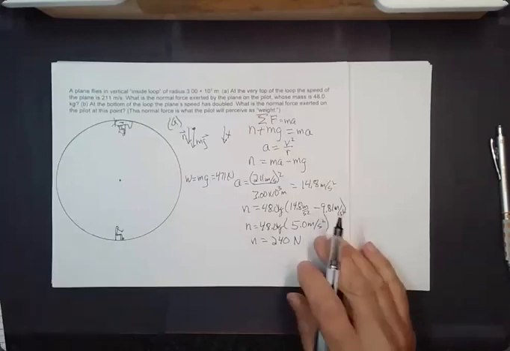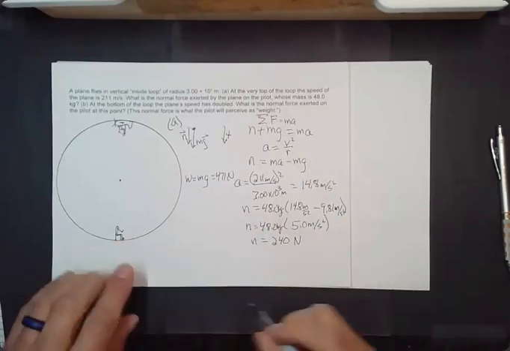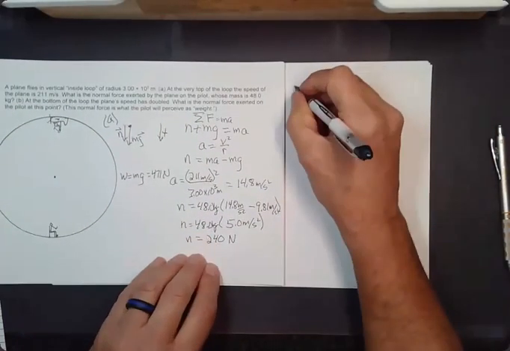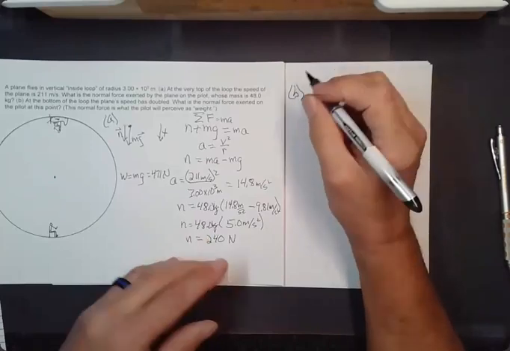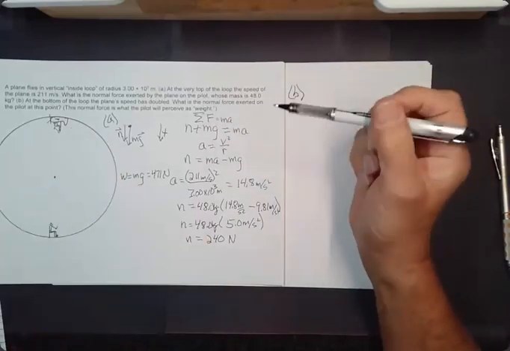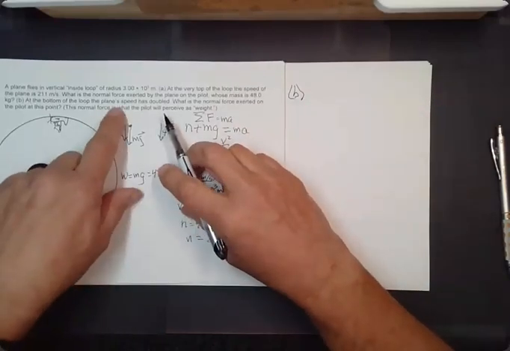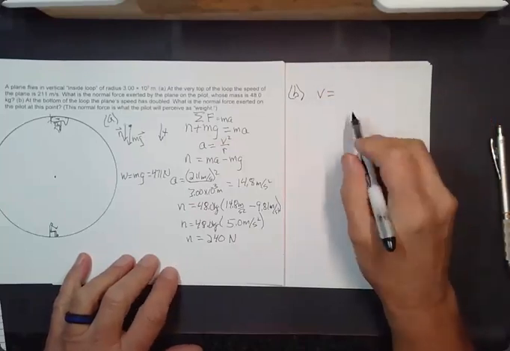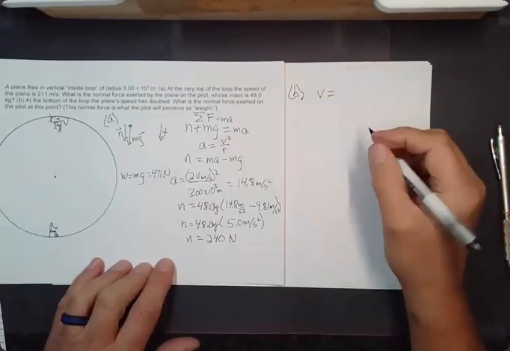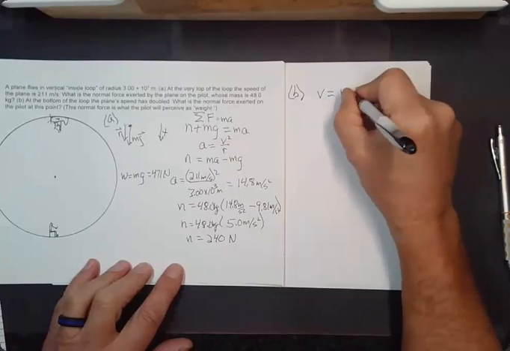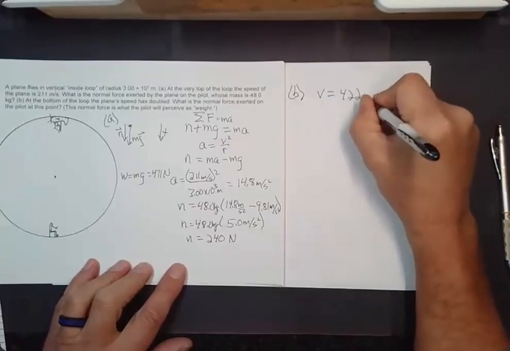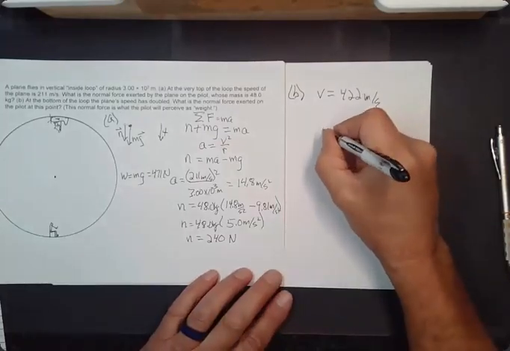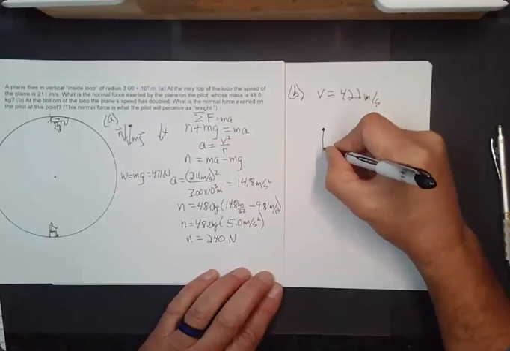Okay, well, what about part B? What's that going to look like? I think I can just kind of slide this over here. For part B, and by the way, you can print off this file, but the plane speed has doubled. So the speed for part B is, instead of 211, it's going to be 422 meters per second. If I do a free body diagram for the pilot at the bottom, we'll have